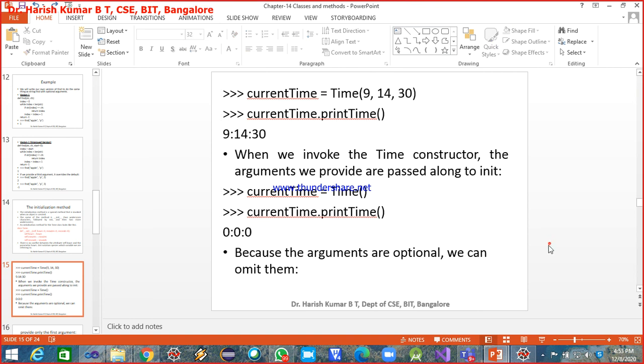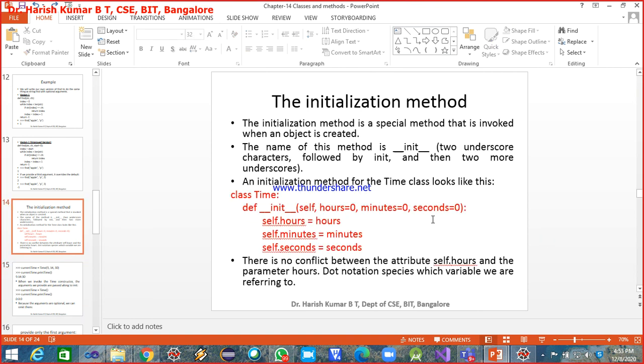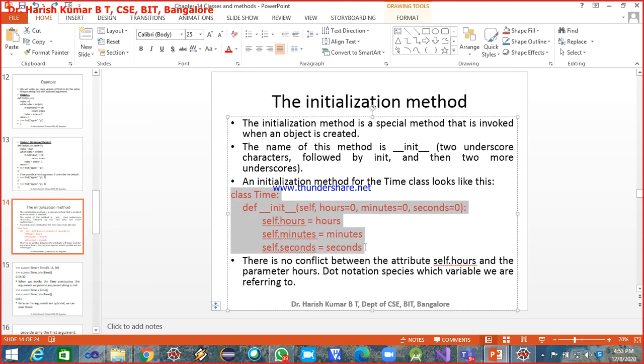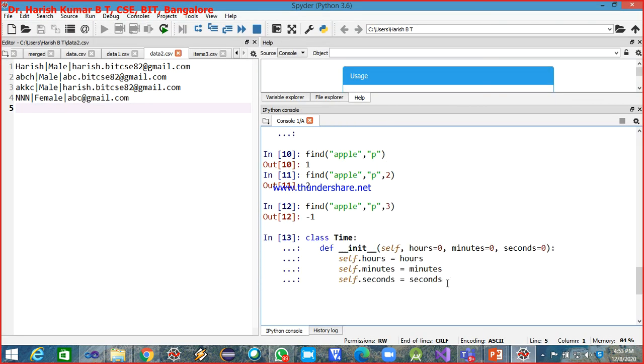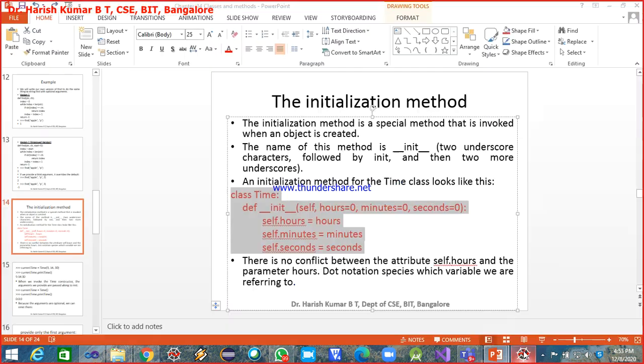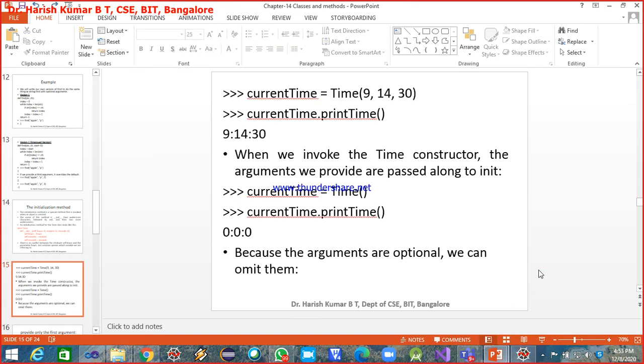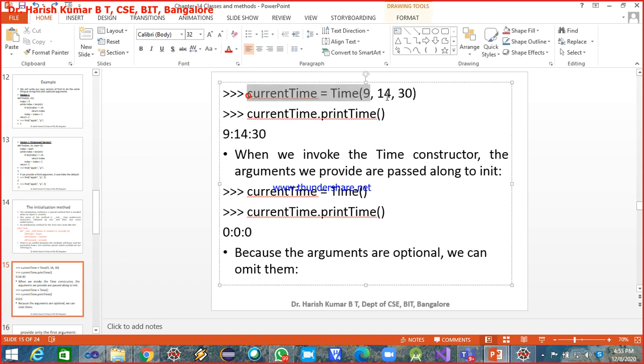Okay, let us quickly execute this. I am writing the definition of the class time with the initialization method. Done. Now I go for creating the instances by passing the arguments.